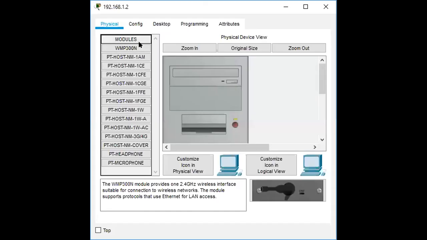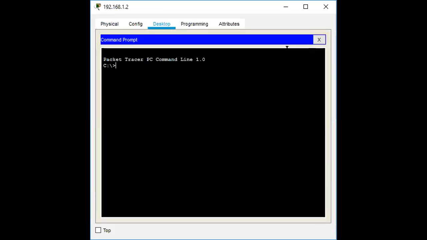Double click on the PC, go to desktop, go to command prompt, and type the ping command: ping 192.168.3.2. The data packets first move to switch 0, then router 6, router 7, router 8, then come to the destination address. So what will happen? We check.